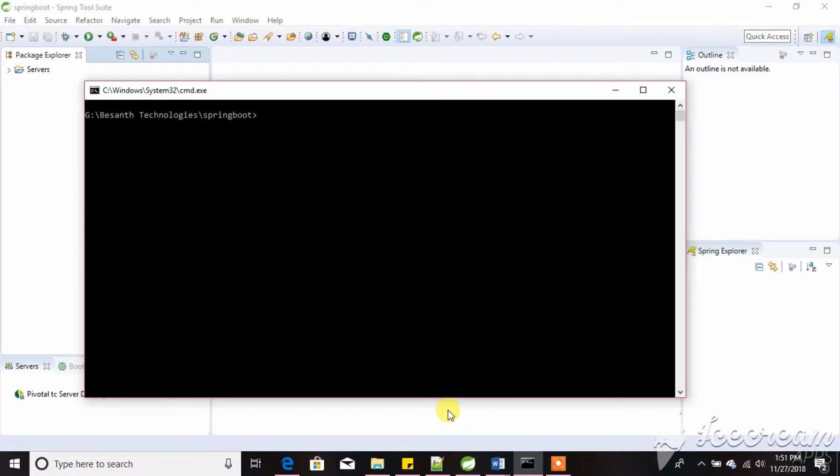Hi, here I will discuss how to create a Maven project by using command prompt. mvn archetype:generate and -D groupId could be your package name